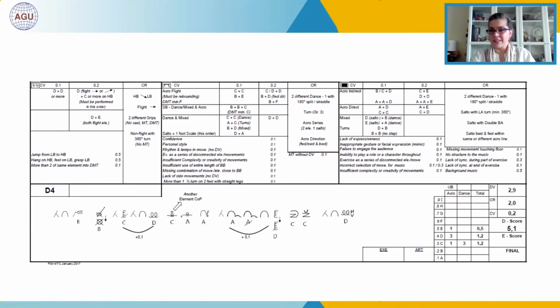So let's see what we got here. She has 1 E as acrobatic element, 3 D, and 1 C. And for the dance, she got 3 C. So the total, we have 2.9 for difficulty value,